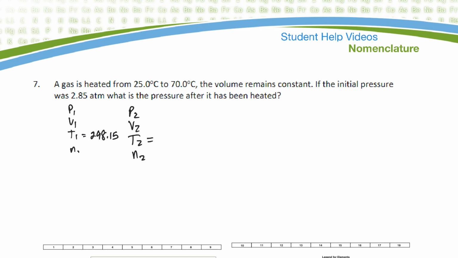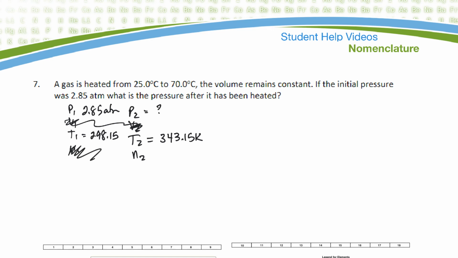Temperature 2 is 70, so 70 would be 343.15 Kelvin. Volume remains constant, so I don't have to do anything with volume. If the initial pressure is 2.85 atmospheres, what is the pressure after it's been heated? Ooh, that sounds like a good